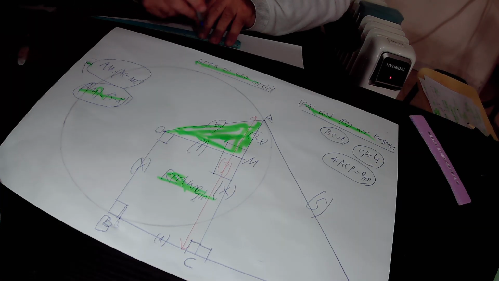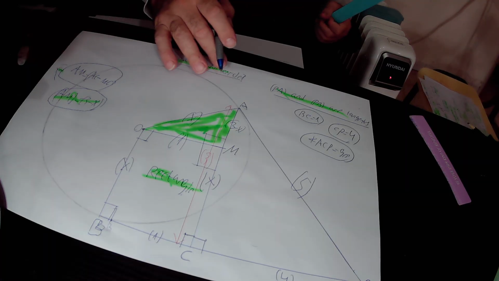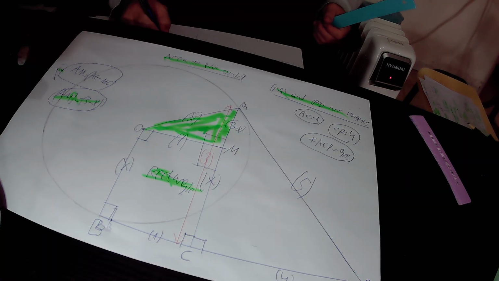So in this green right triangle AOM, according to the Pythagoras theorem, AO squared, that is the square of the hypotenuse,